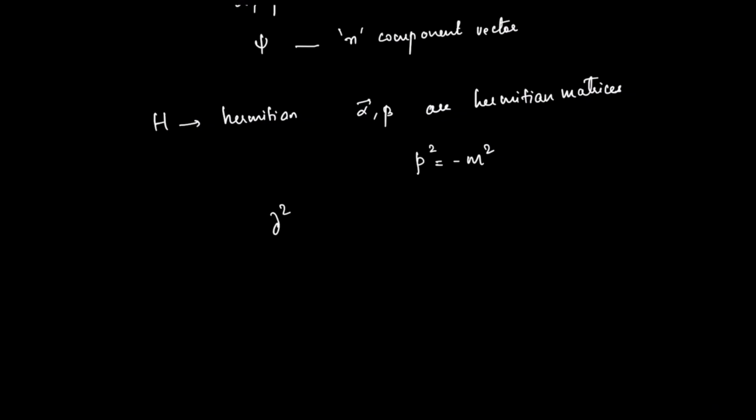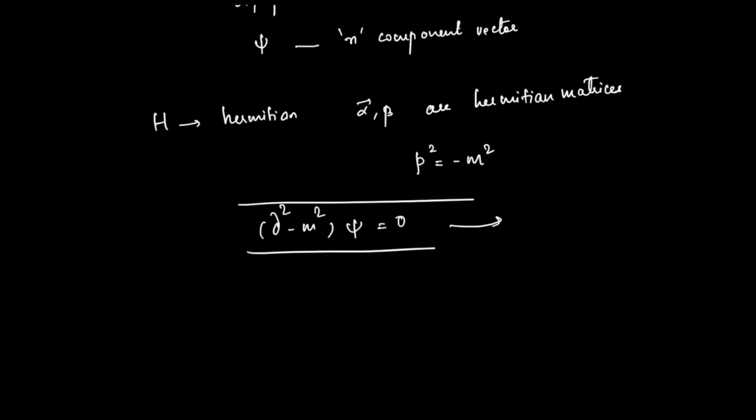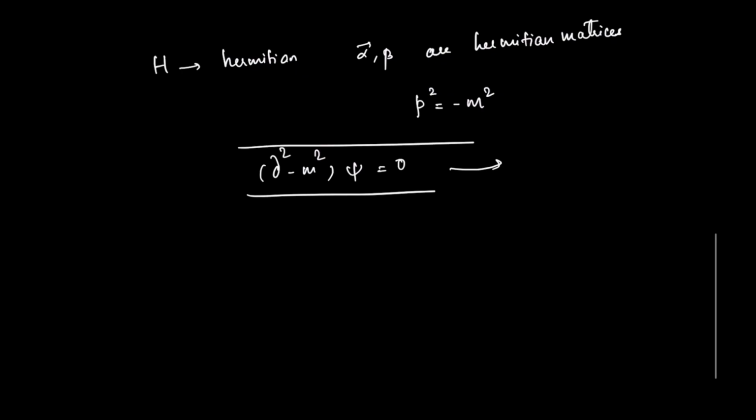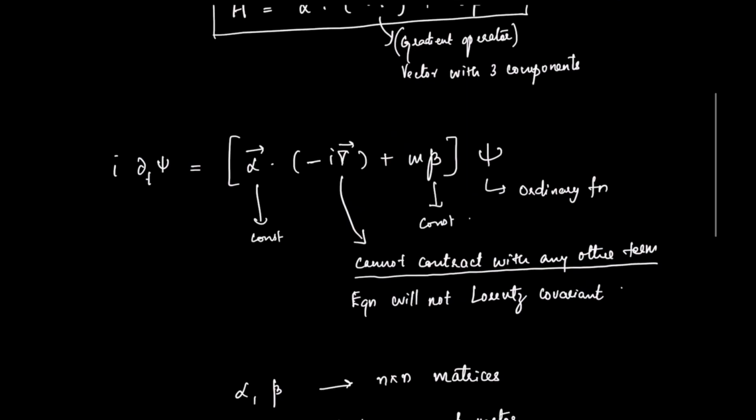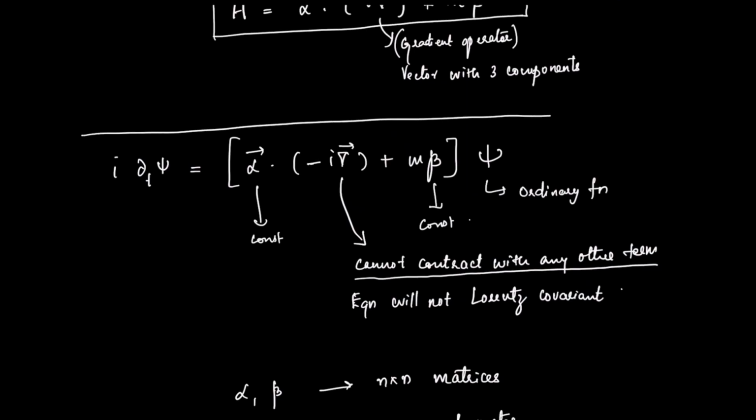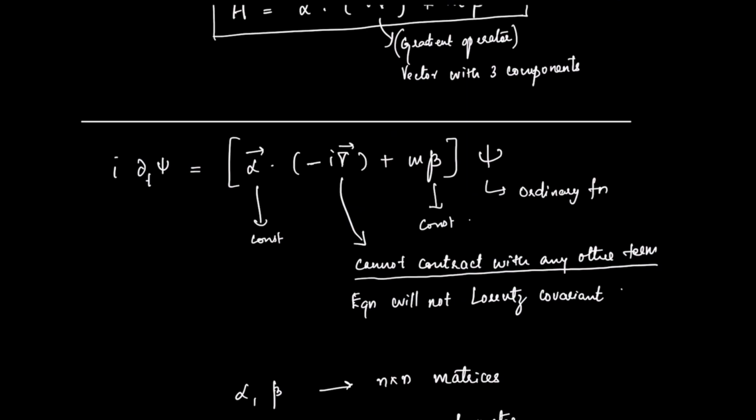So we have seen that the Klein-Gordon equation has a plane wave solution with the dispersion relation p square is equal to minus m square. Since we cannot define a positive definite probability in the Klein-Gordon equation, we will not take this, but instead we take the first equation, this Schrodinger equation, and then we